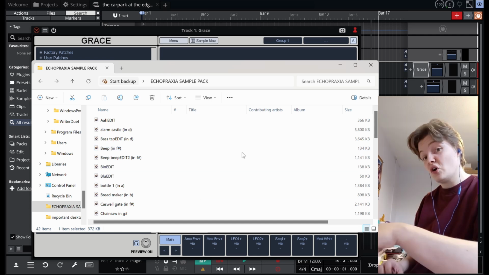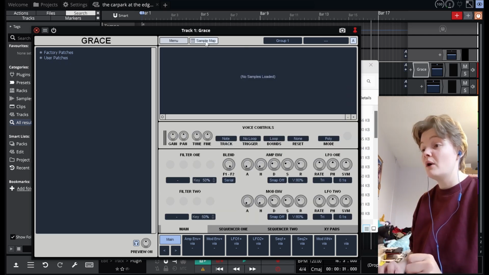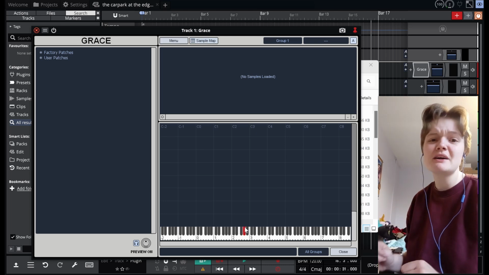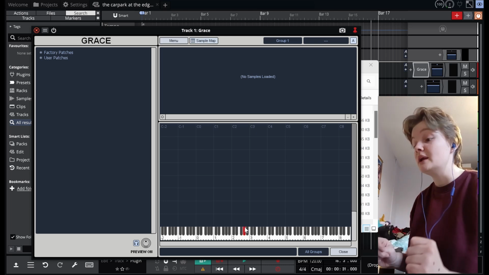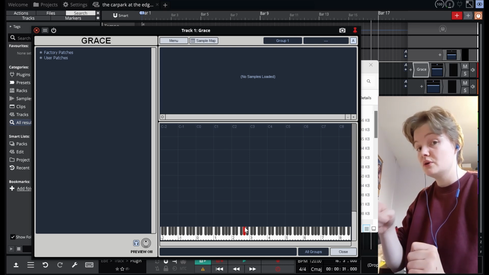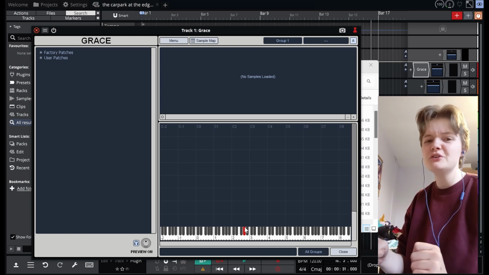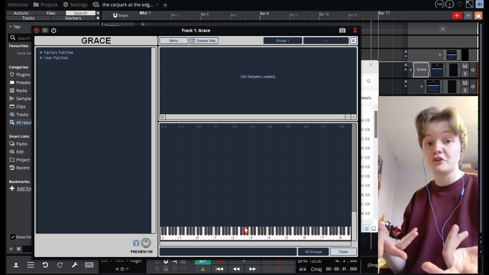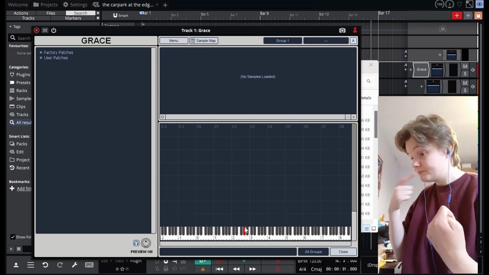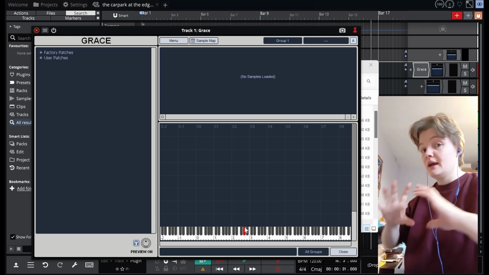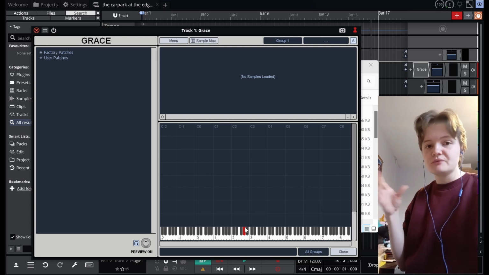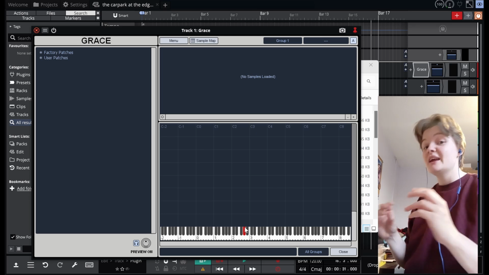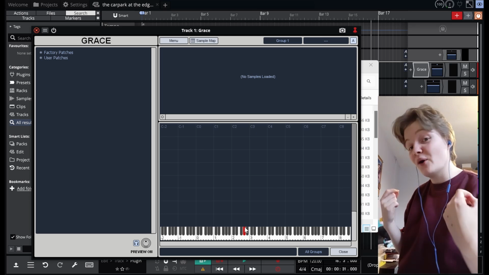The reason that I've got what note they're in is because when we drag our sample into the sampler, we need to know what note it is. Now, I suppose you don't really need to, but if you're trying to write melodic music the way I do, and you decide you change your mind on one instrument and you want to drag that part down to a different instrument, it's really, really helpful if they're all in the